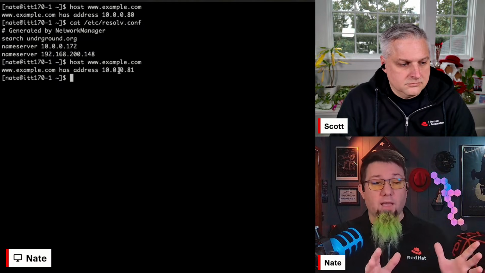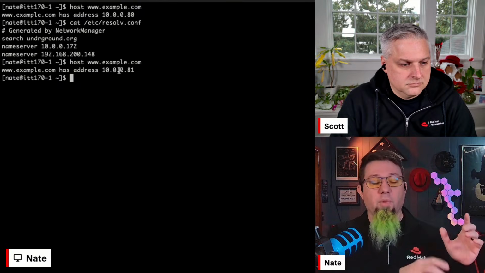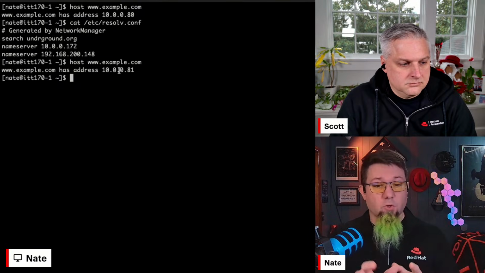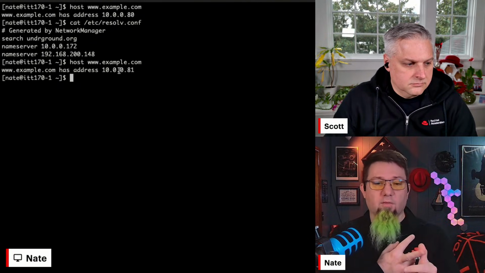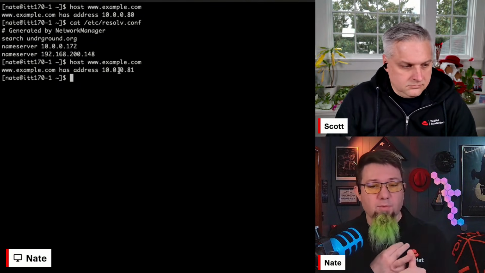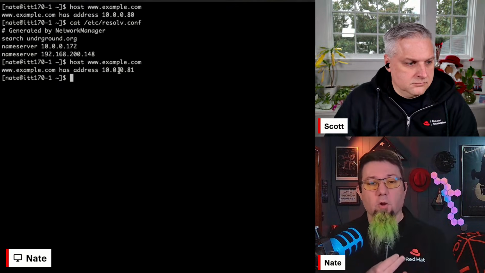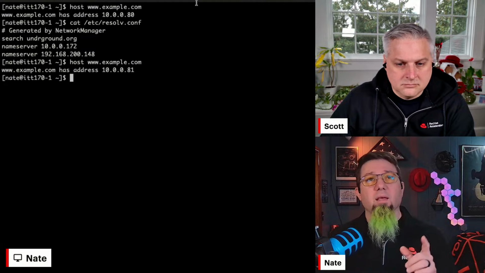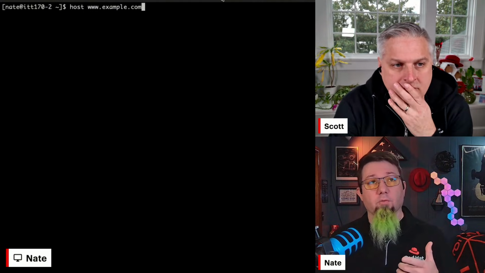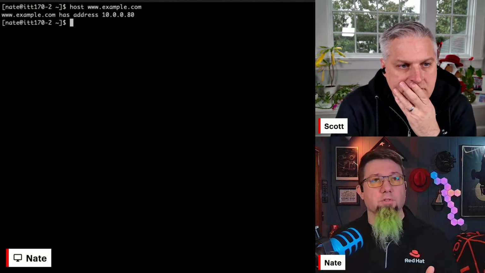Because that's just the way you protect your name server from being overloaded with requests. The caching name servers are there to do exactly that. They're made to look up queries and cache a copy of that query locally so that the next time someone asks for that thing, they don't have to go back to the authoritative name server every single time. So I set up a recursive name server in here to show you one of the downfalls to that.